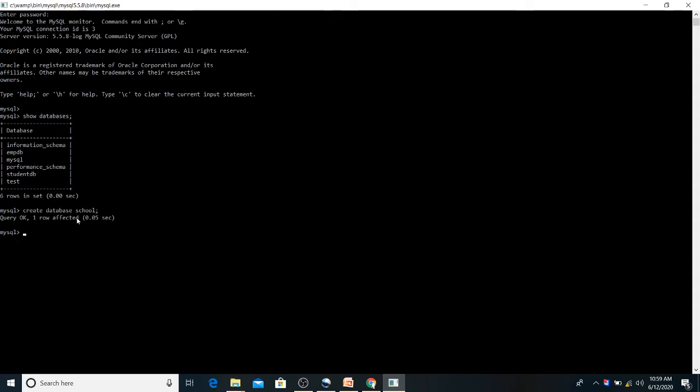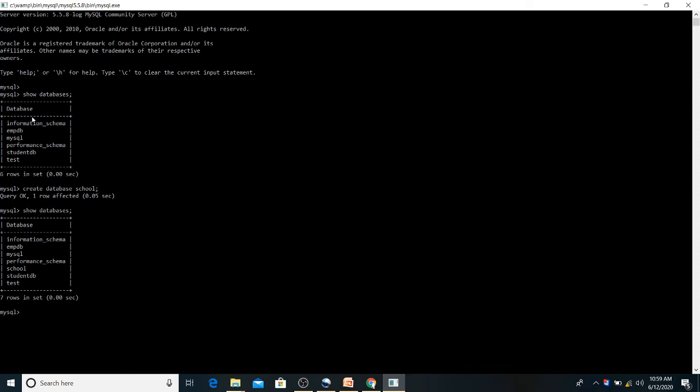When you run this command, create database is the command, and school is what? The database name, meaning you have created the database. So create database school, what will happen with this command? A database is created with the name school, meaning a folder has been created. When you run show databases, which is a command to see what databases are available, I'm writing here show databases. When you press enter, you see that school was not here before. You have created another database by the name school. So now the database named school has appeared.